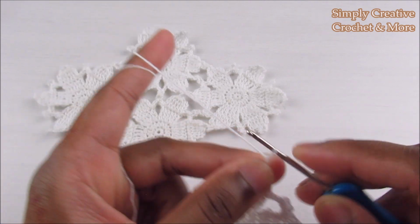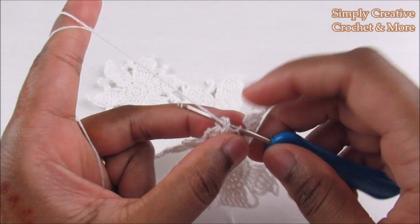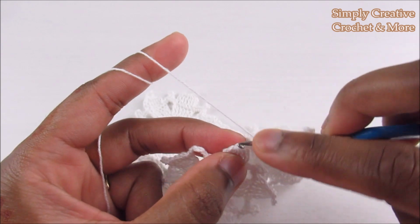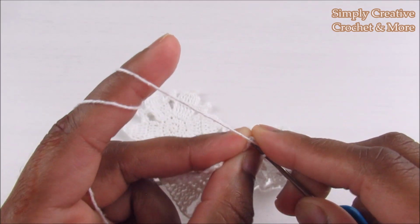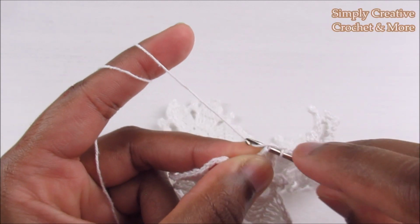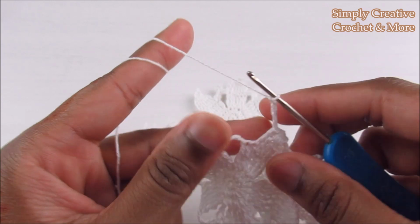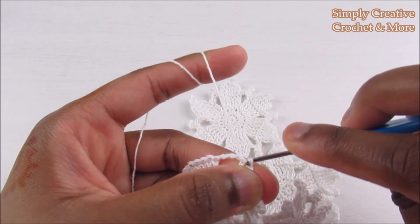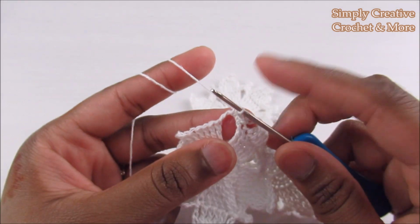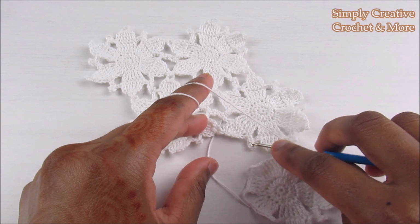chain 2, insert into the chain 5 picot and slip stitch, then chain 2 and slip stitch, chain 4, slip stitch in here, and then I'm into the chain 4 now, so single crochet 2, and then I've got the chain 4 picot, so chain 2 and then go into the chain 4 picot of this flower